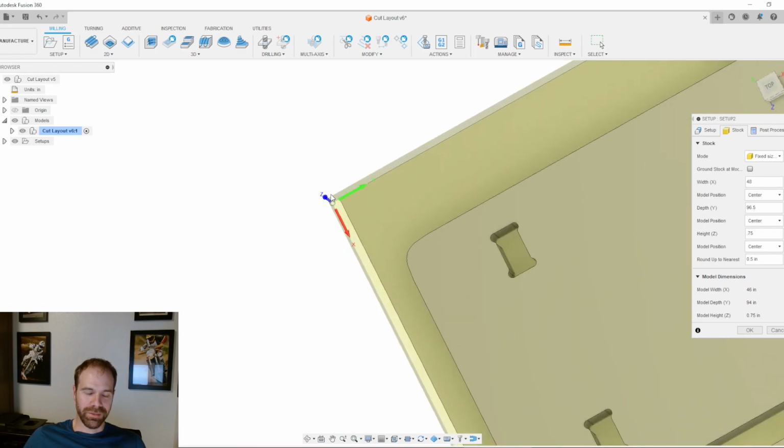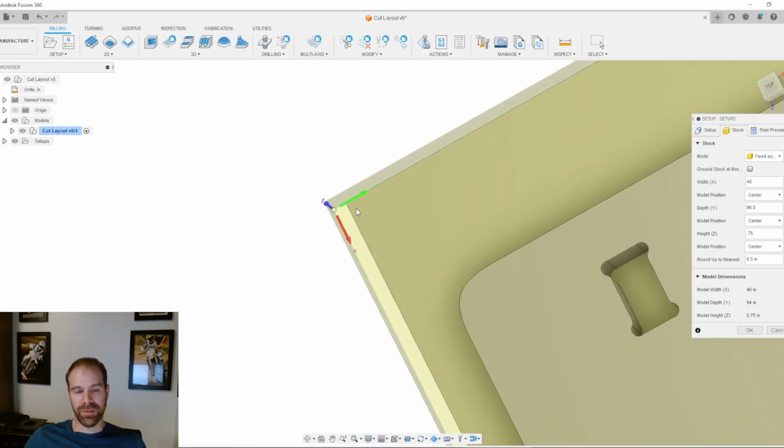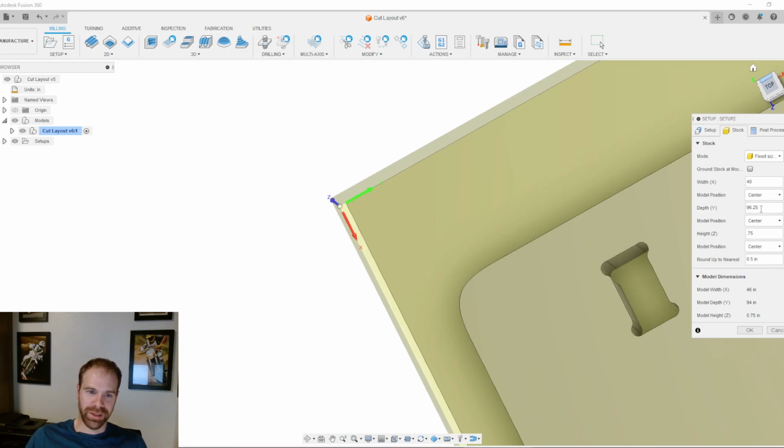And actually, because I'm making the stock a little bit larger, I'm saying the stock is larger than it actually is, when I put that bit there, it should not really appreciably move. I guess it'll technically move by 1/8 of an inch, right? Because we're talking about the radius, not the diameter. Maybe what I should do is, I'm getting a little bit deep here, but if I say it's only